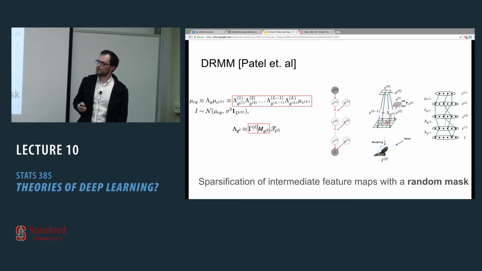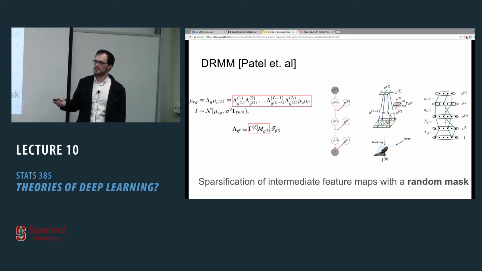There is another work, which is, as we already said, Ankit Patel. In Ankit Patel's framework, if you look at how he generates images, he takes a vector mu, let's say it's like a one-hot vector or something like that, and then he multiplies it by these matrices lambda 1, lambda 2, lambda L. And each one of those matrices is a multiplication of two matrices. This is a convolutional dictionary in our language, and this is a binary random mask.